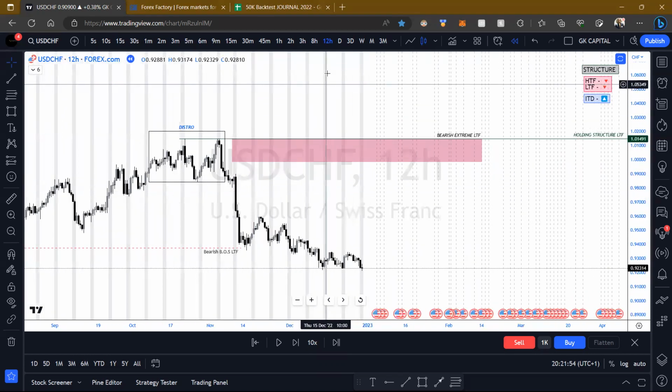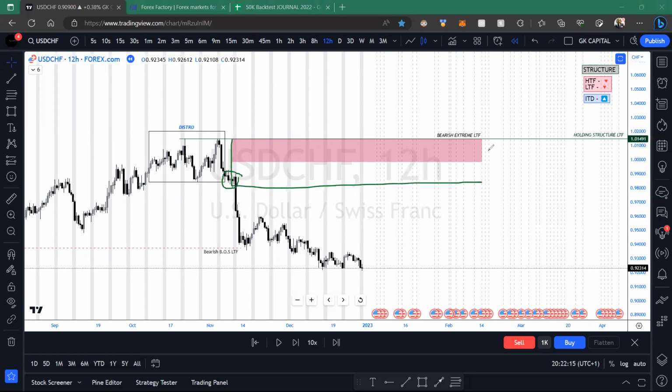Technically this should be my slingshot because this was the re-entry, this was the accumulation, the shakeout with the UTAD, and that was the cause of the break here. This is just a continuation play. So I mean, I could look at that as well, but I would pretty much rather wait for this area here.